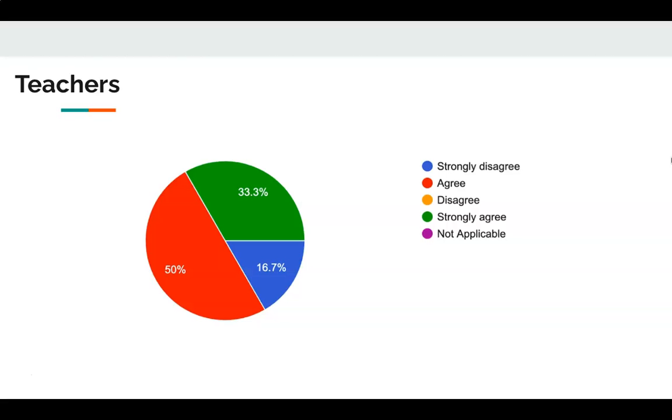And it would be very interesting, I think, to look and see, are the 16.7% of teachers who said that they strongly disagree in understanding the purpose of the ELL program, how many ELL students do they have in class on a regular basis? Because it does vary from school year to school year, but all of the teachers that did respond have had ELL students or do have ELL students in class. So there is definitely a need for a little bit more communication between the leaders of the program and the regular classroom teachers based on these responses.